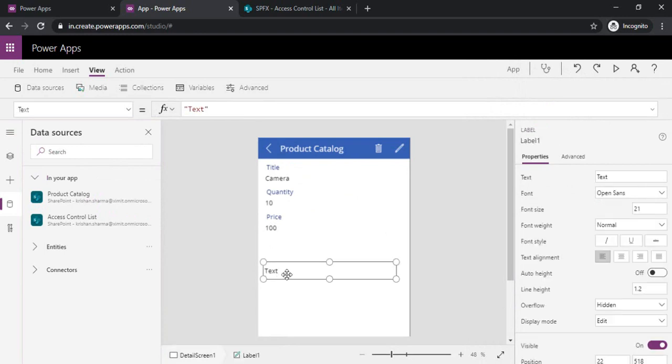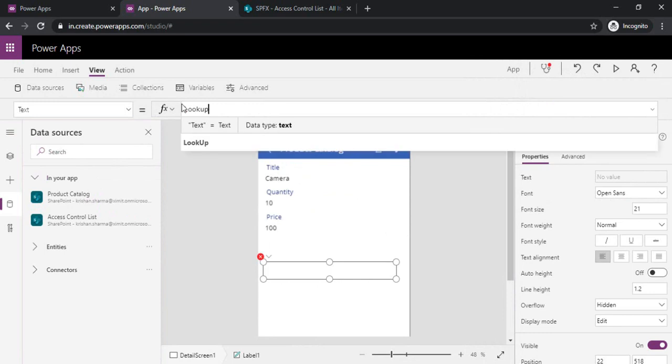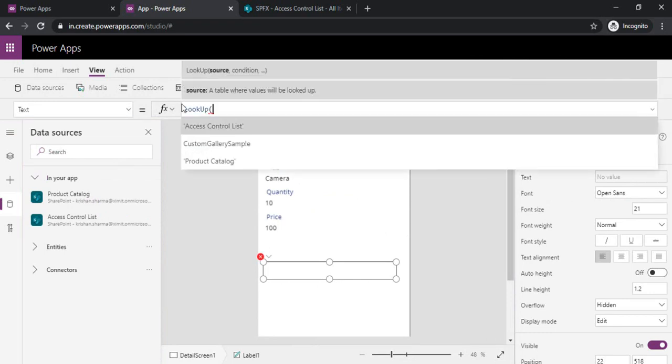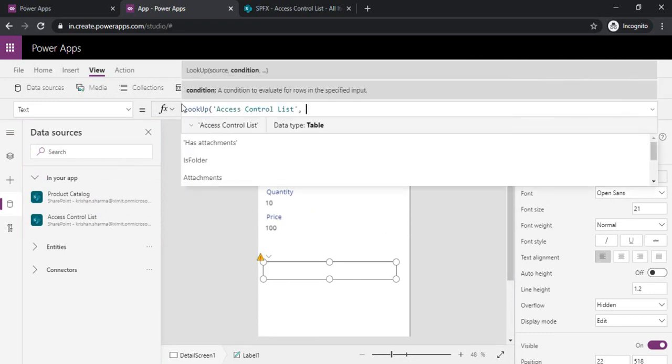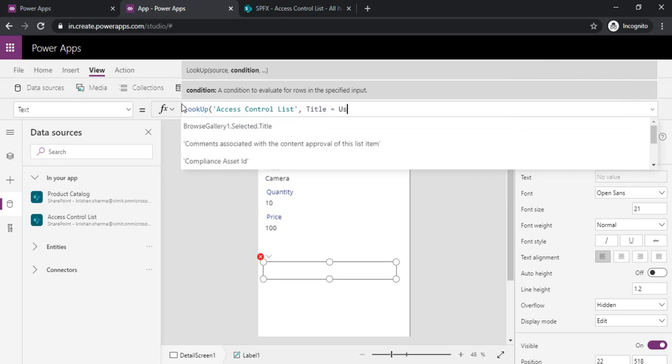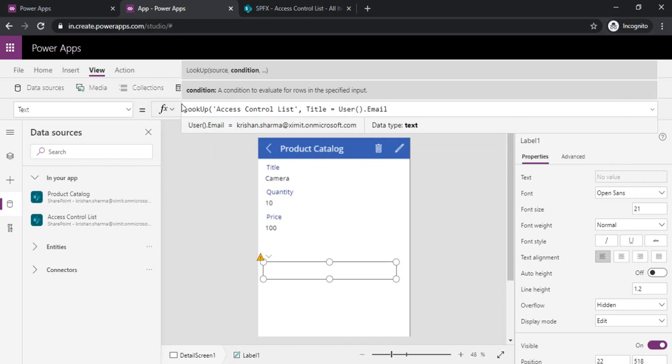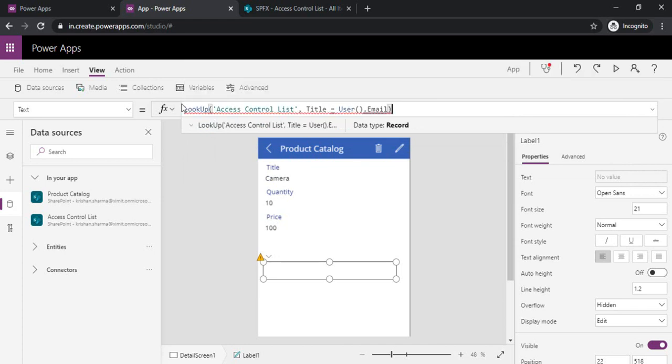In the text of the label, I'll use the LookUp function on this access control list where Title equals User().Email. You can see it's giving me an error. Why? Because it's expecting text instead of a record.